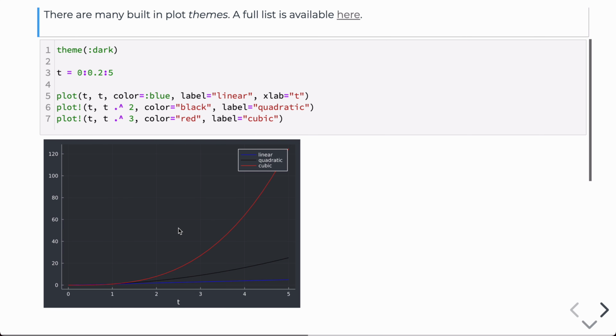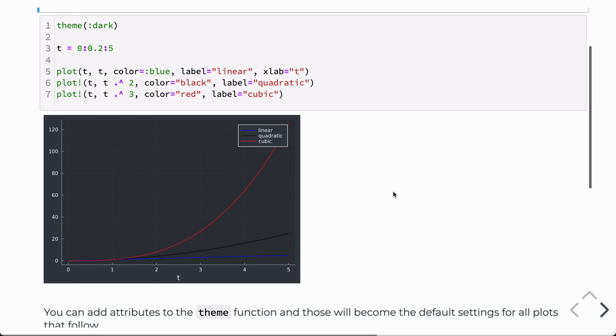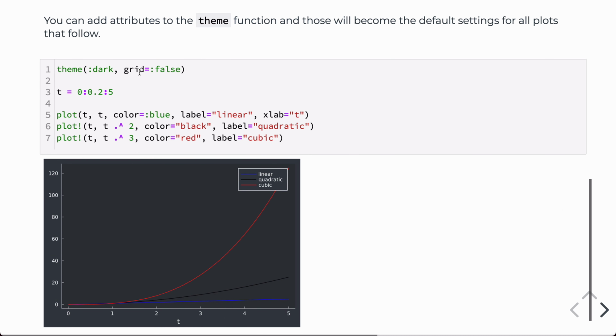But in this case, obviously, I'm using a black theme, which would be useful if we were, say, publishing to a web page that had a dark background. So this is the same plot as before. The only thing I did here was run the function theme using the symbol dark, and this by default set these. Now we can also add attributes to the theme function, and those will become the default settings for